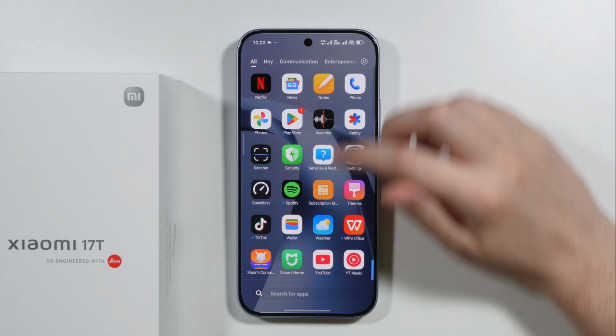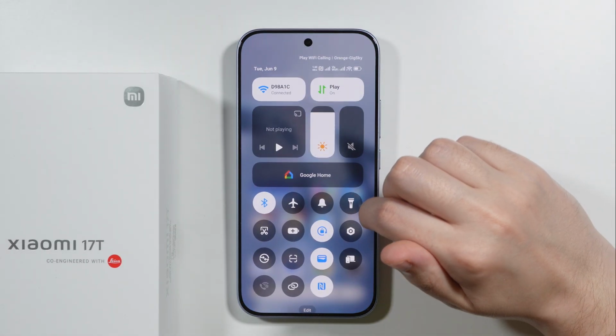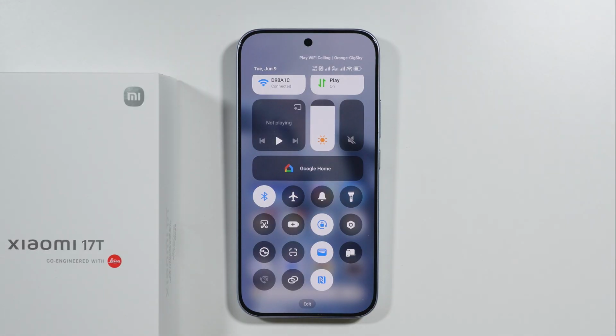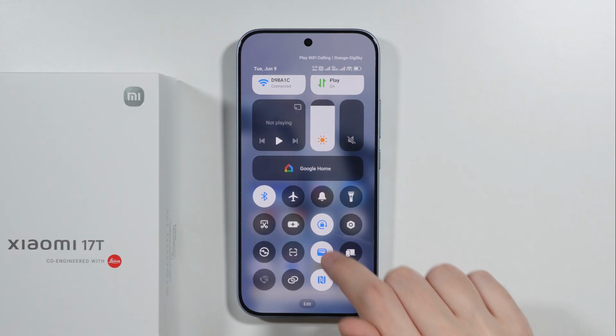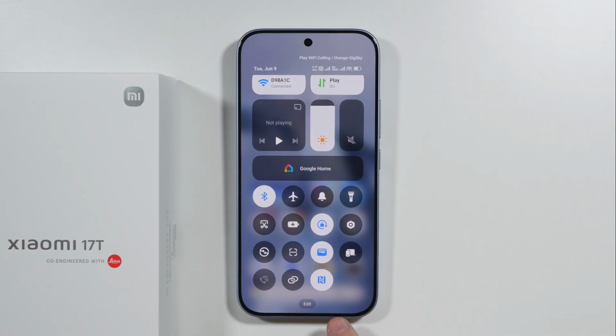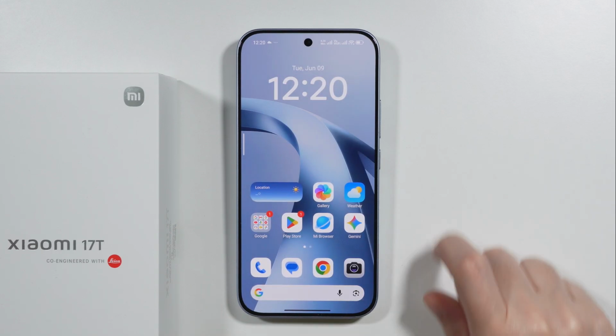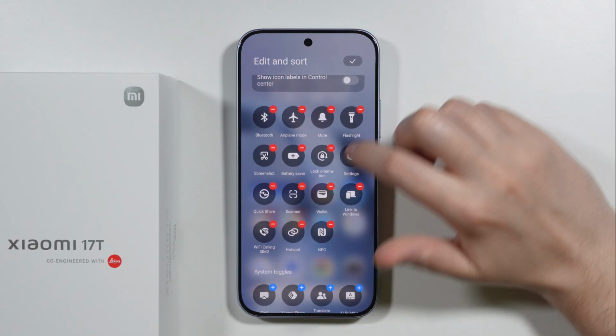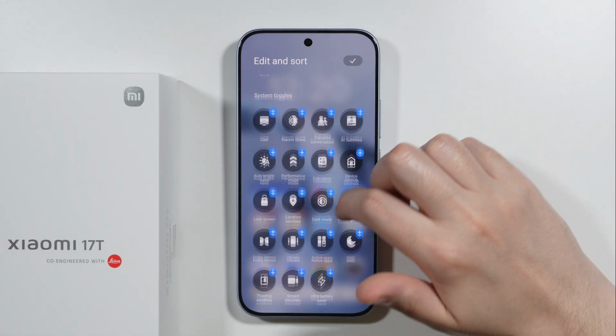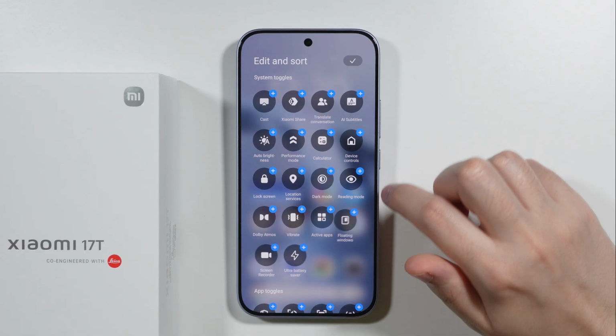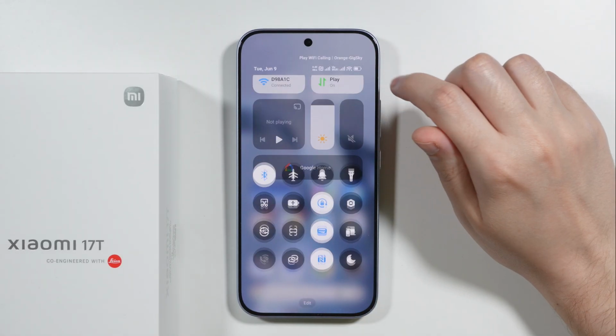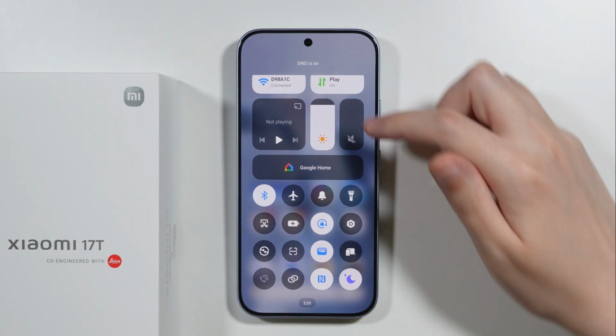What you can also do is go to the control center or quick settings, and you can add the DND button to this list of shortcuts. But you have to tap on edit at the bottom of the control center first, and then in here in system toggles we need to find DND, which is this moon icon. Then over here tap on this check in the upper right corner,